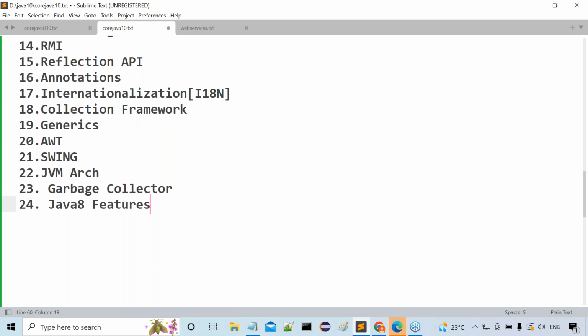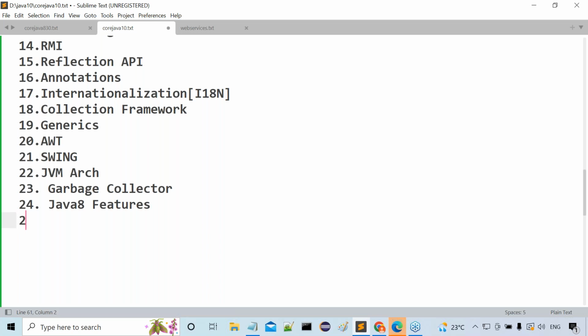Understand my point clearly? In Java 8, so many features are available. Inside these features, the most important topic is lambda expressions. I'll give very good clarity on lambda expressions. It must be usable for the advanced concepts. So we must understand these lambda expressions clearly. Okay, fine. Java 8 new features.